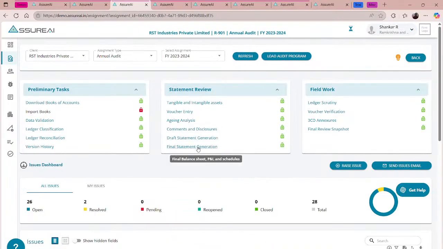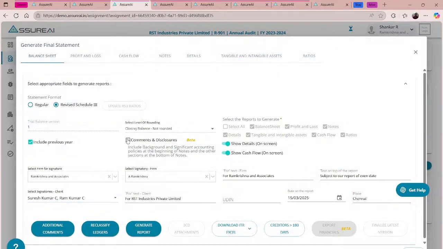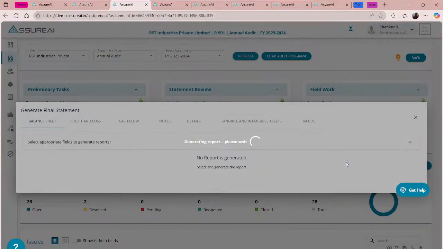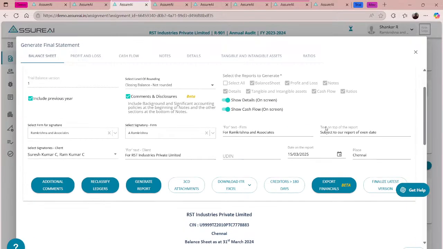And here you can also do what is called the integration of the comments and disclosures. So comments and disclosures are handled separately in a separate tab. So you can just click this button and select generate report. So all these comments disclosures get aggregated as part of the note section. So you simply need to copy paste the tables in the comments disclosure section, and the notes will get aggregated in the report. So for example, here in this case, we just export a financial,